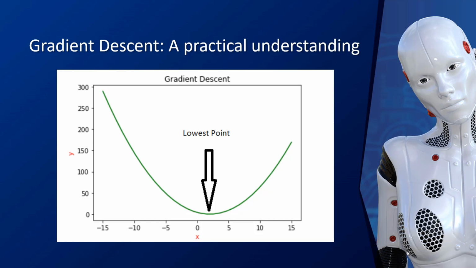Therefore, if he keeps taking small steps that take him downwards, he will be able to get down to the lowest point on the hill. Here, taking small steps can be considered as learning rate, and the height above the lowest point can be considered as the loss value. Also, reaching the lowest point of the hill can be considered as convergence, which indicates no further possibility of going down and the loss is minimum.